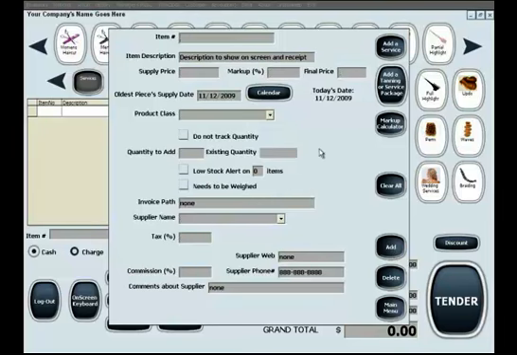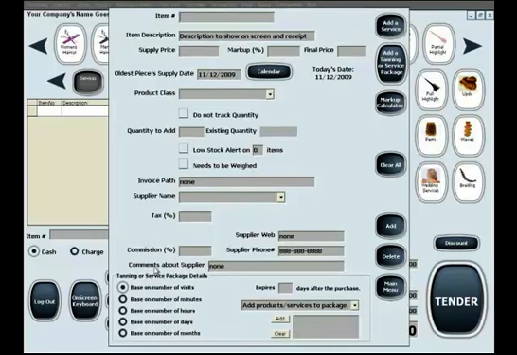Now that we have the items or services we wish to sell in a package existing in inventory, we will go into creating the actual package by clicking the button Add a Tanning or Service Package. As you can see, the inventory screen just showed an addition of a new section called Tanning or Service Package Details to accommodate the creation of a package. So basically, the creation of a package in inventory is all the same as the creation of any item or service in inventory, with the exception of the tanning or service package details.